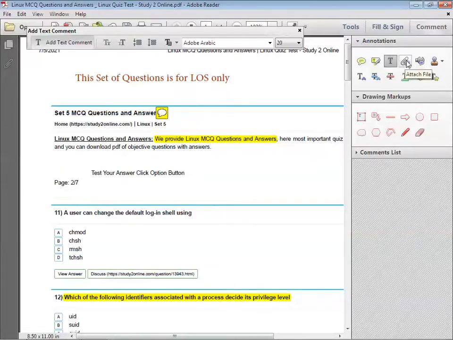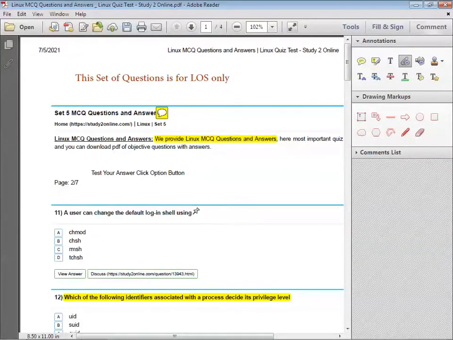Next one is the attachment. For any topic, for example the 11th topic, we want to give an attachment so that the user can see the benefit or the additional information provided with this question. For that purpose, we can use attach file. By the end of this 11th question, just click here.